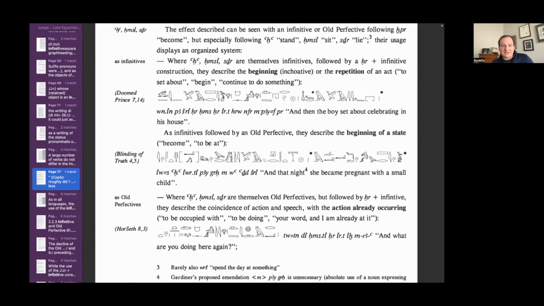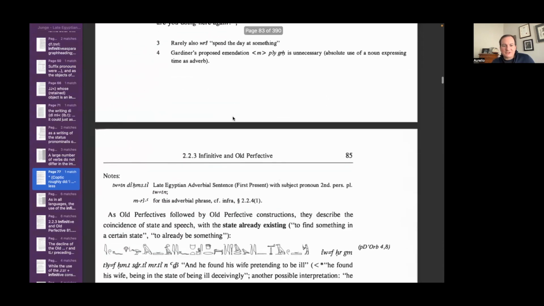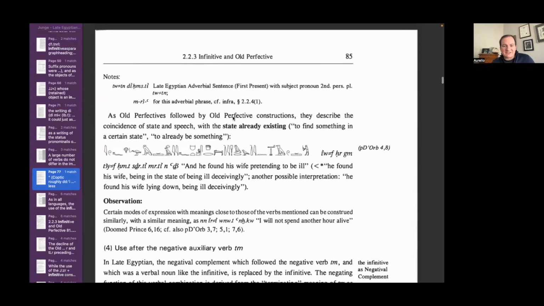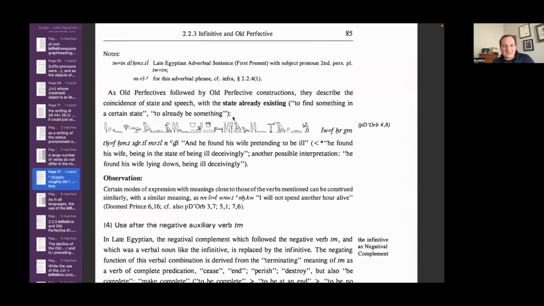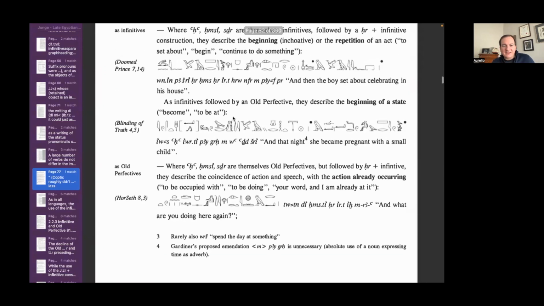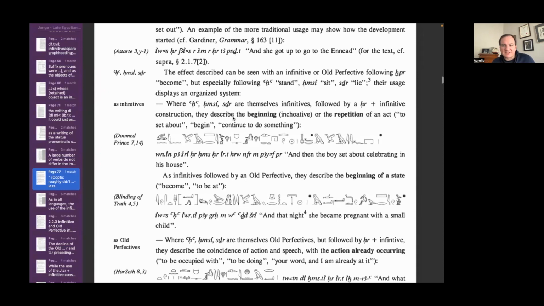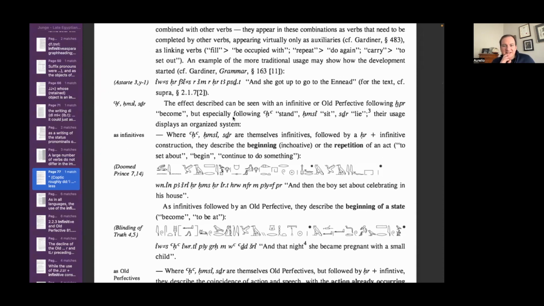Oh, and I see, Ben, you had a bunch of examples too from Faulkner and Middle Egyptian already. Just the bottom of that is, I think, a reference to it being used as an auxiliary verb. The rest of it is just other examples of idiomatic uses. Got it. Okay, so I think that's sort of our answer, and I'll have to peruse Junge later. That seems like an interesting chapter to review, how to use those helper verbs with the stative. Great find.